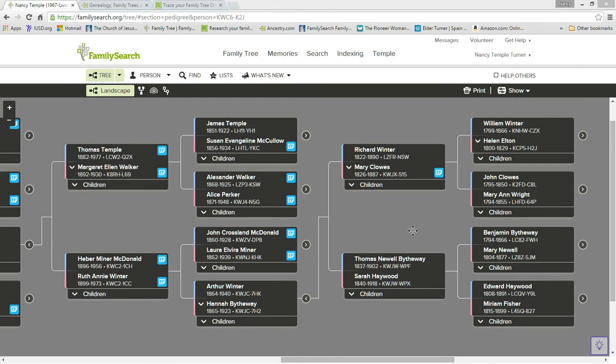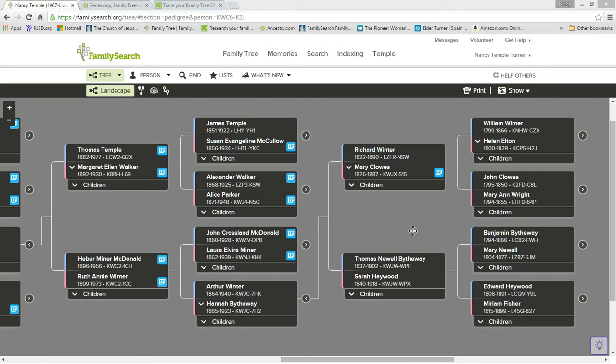We're going to talk a little bit about sources. Sources are probably one of the most important aspects of doing family history work because sources help us to find or discover things about our ancestors. They help us to find people who are missing from our family tree. And most importantly, they help us to verify that the things that we are seeing already in family tree are